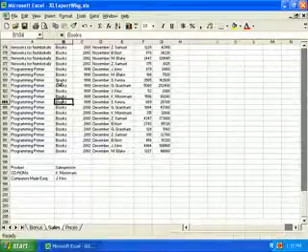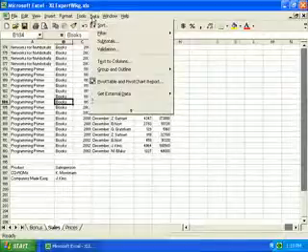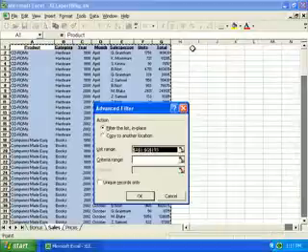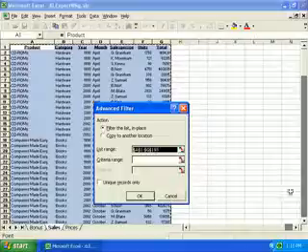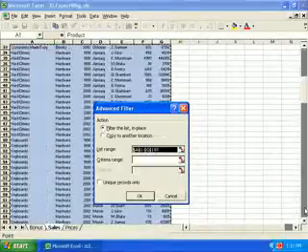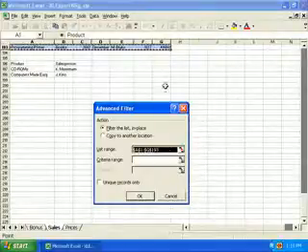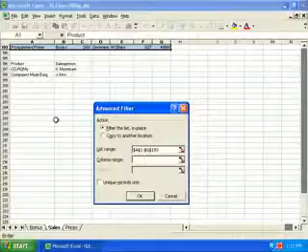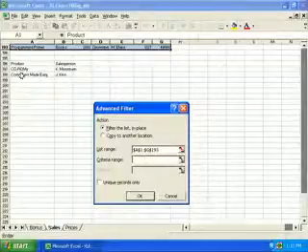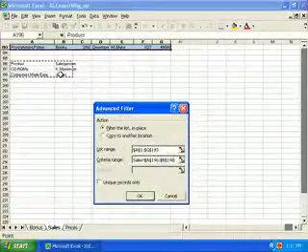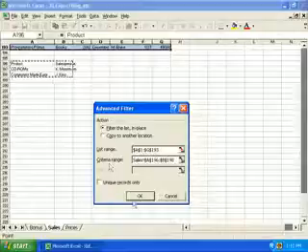And now click inside our original data and go to the Data menu and Filter and Advanced Filter, and our main range is already selected. Let's scroll down to the bottom and make sure that's selected properly, and then we want to click in the criteria range cell, and we can either type in the references for that or simply select the block that we want. And then we can click on OK,